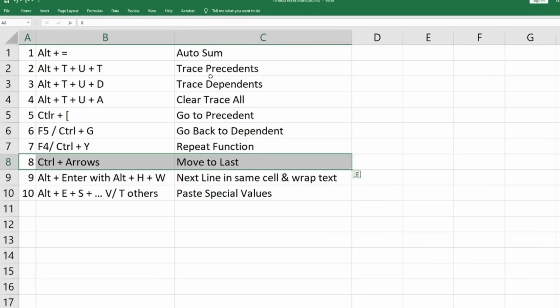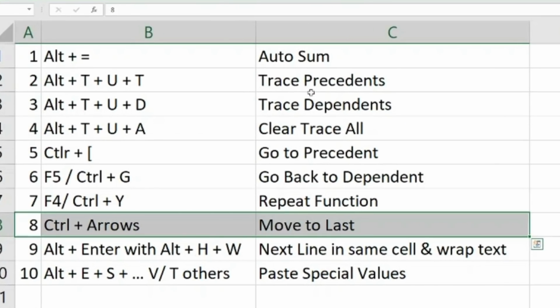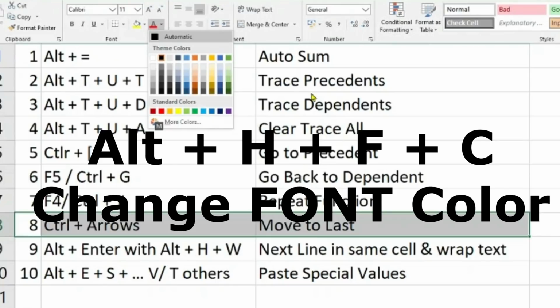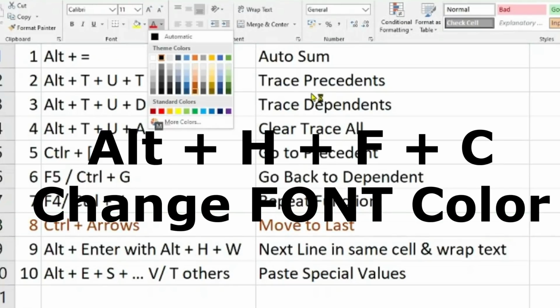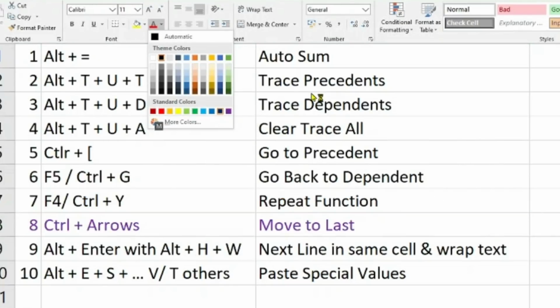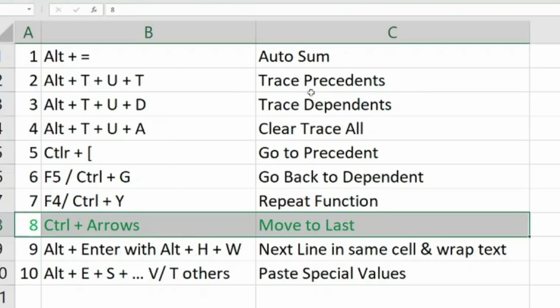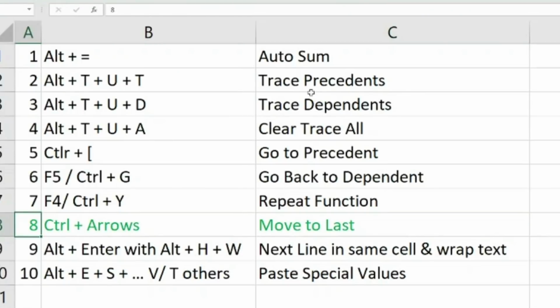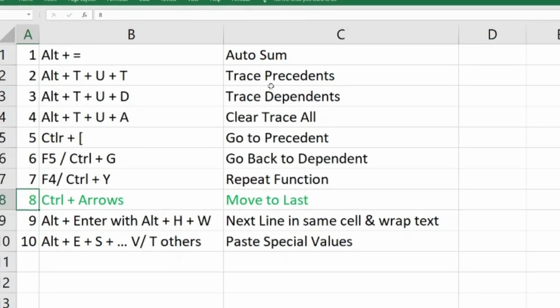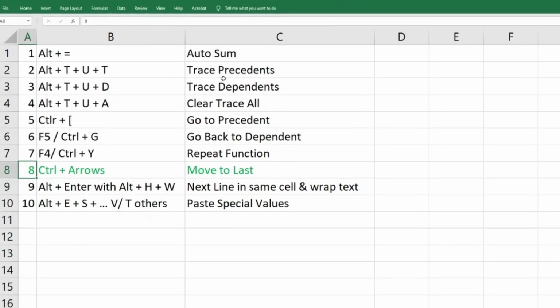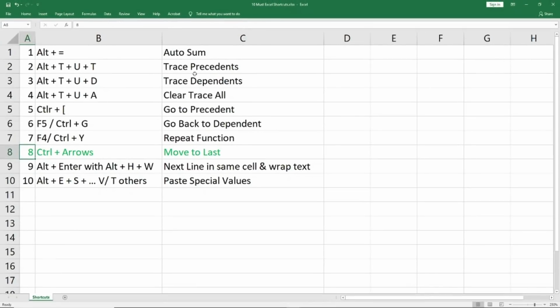So I have told you here, let me quickly color this. Alt H FC for coloring. This one let me color green. Okay, so this one I have told you. I'm not doing the sequence. I know all of those are important, but I'm just trying to build a story here so that it's not only the formulas or the shortcuts I'm showing you, but how to use them. So what comes where is where I'm using them.